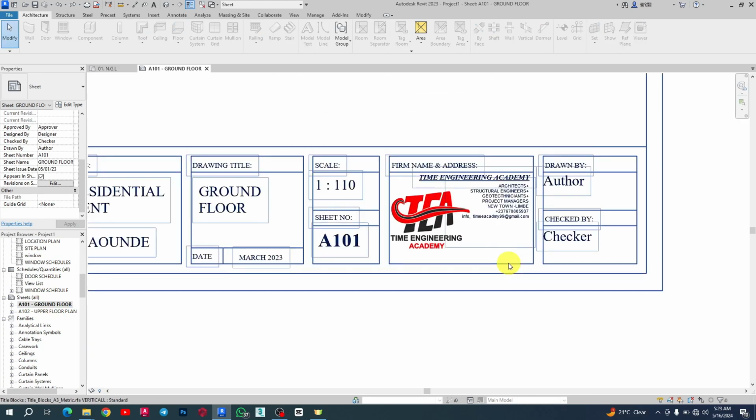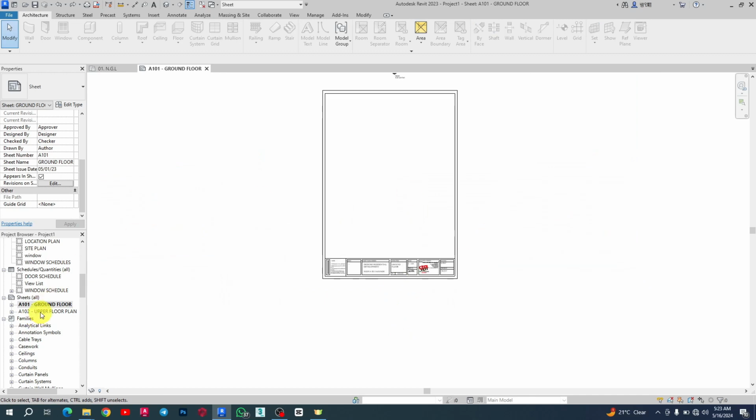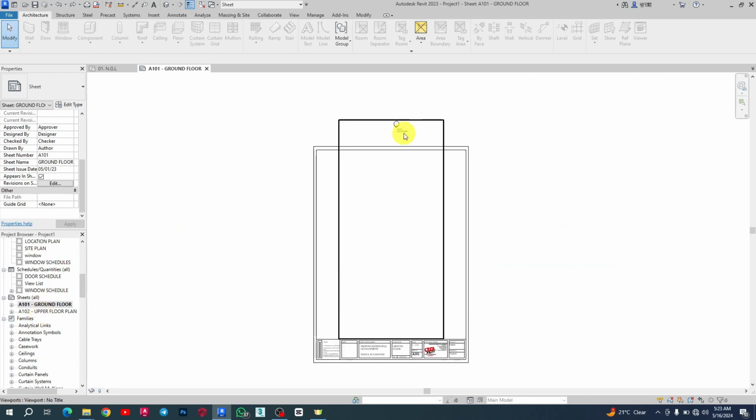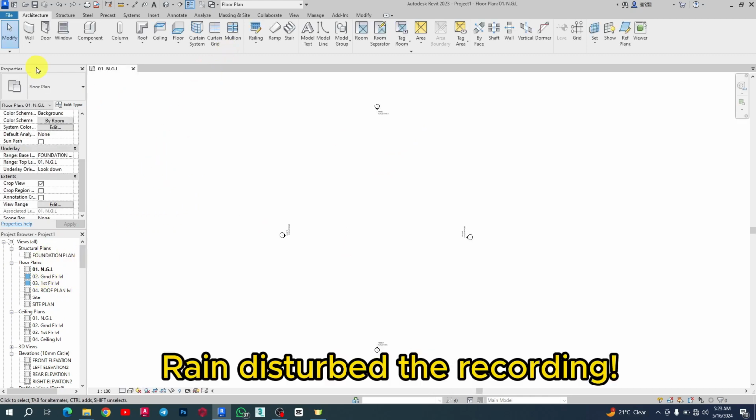So you see my sheet coming with my name, Time Engineering, and stuff like that. So probably you want to have this, okay, and then you want to set something like this for yourself so that you ease your work. You will not have to always go back and set this thing yourself again, all the time. So let's start by